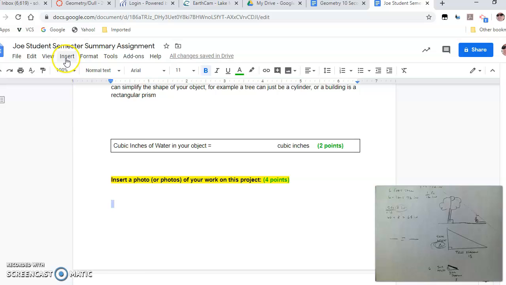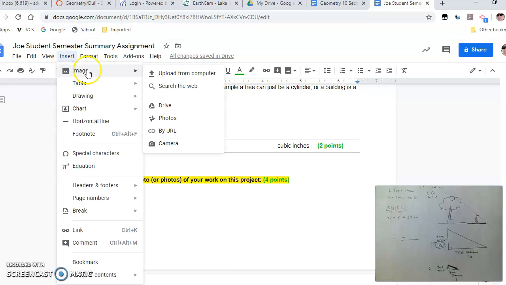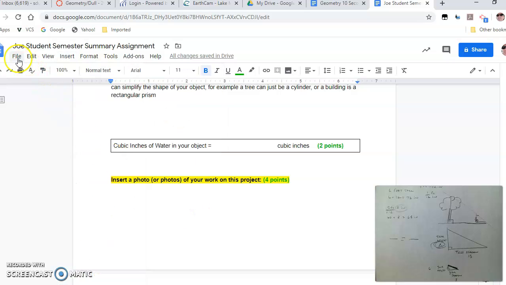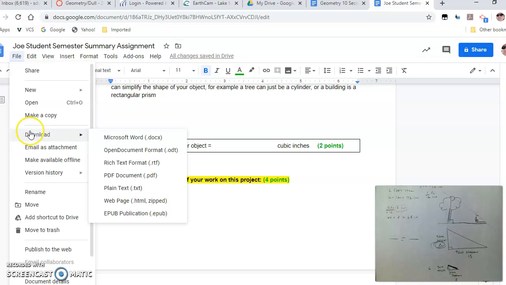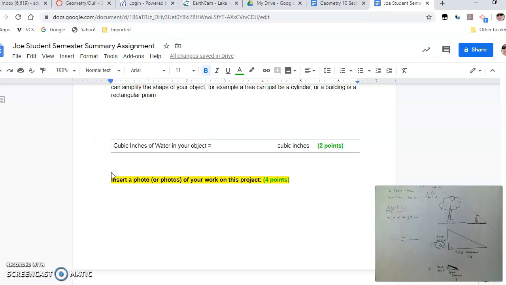You go up to your file menu, insert, image, and then, if you've got it in your drive or you saved it in your photos or whatever, upload from computer, probably easiest, right? Email it to yourself, then you can download it to your computer and upload that right in there. Then what happens? You go File, Download as a PDF. Now it's going to be sitting in your documents. Then when you go to submit this,